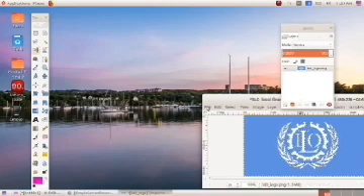Then we have to copy this selected image to the canvas.